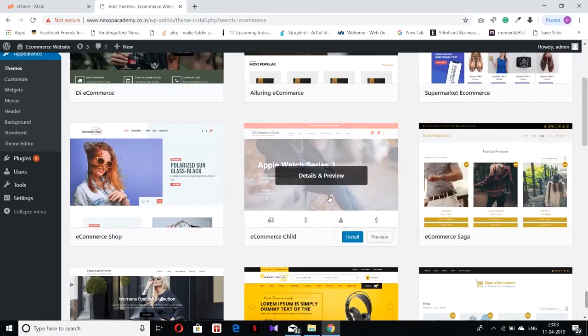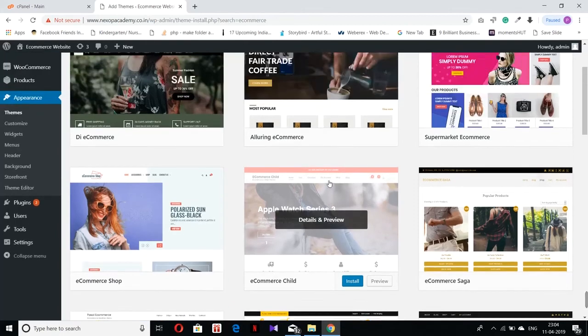Okay, one of the main differences between a free theme and a premium or paid theme is that most of the free themes do not come with demo content. Okay, and what is demo content? When you purchase a new theme, everything will already be provided to you in the demo content. Okay, suppose you install a free theme, they will just provide the structure, there will be nothing more, the website will not look so good. Okay, but if you purchase a premium theme, all the sliders, products, everything is already uploaded in the premium theme, so you just have to replace the products and other contents of the website. You do not have to do much work.